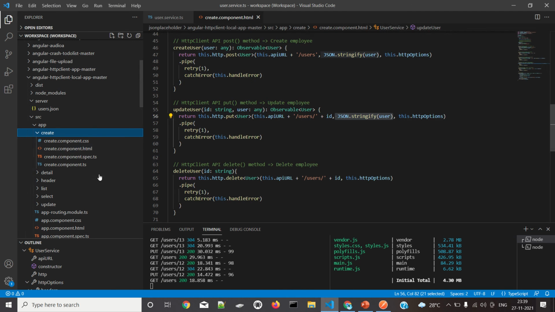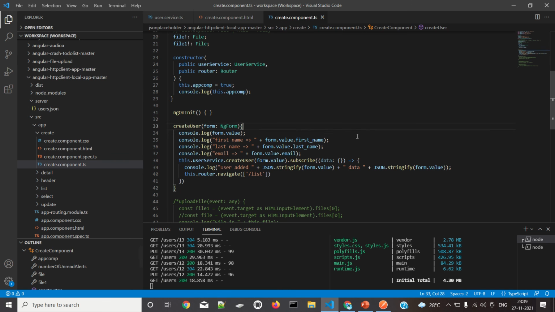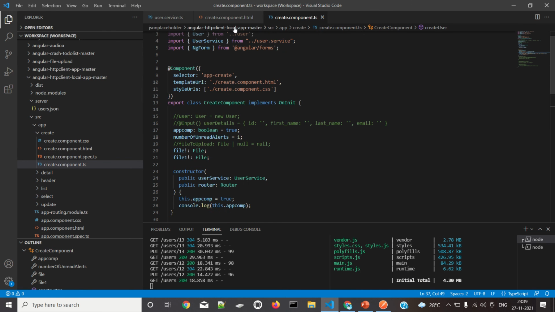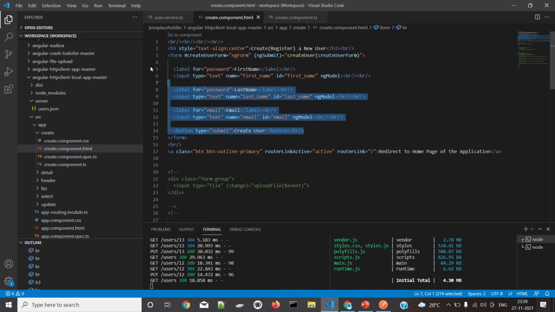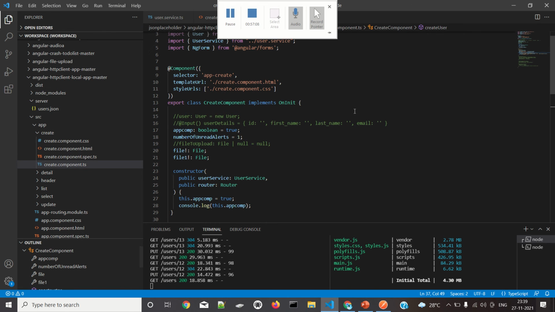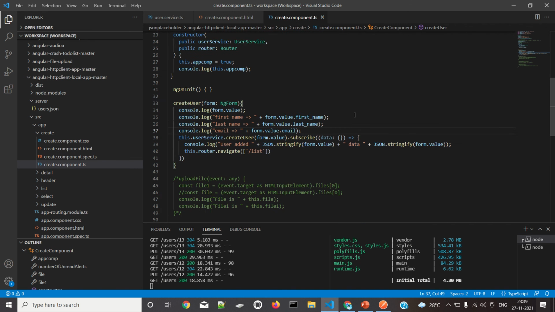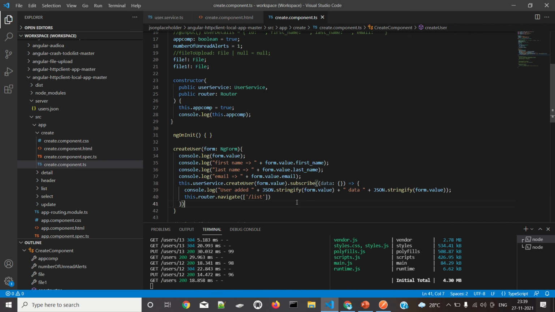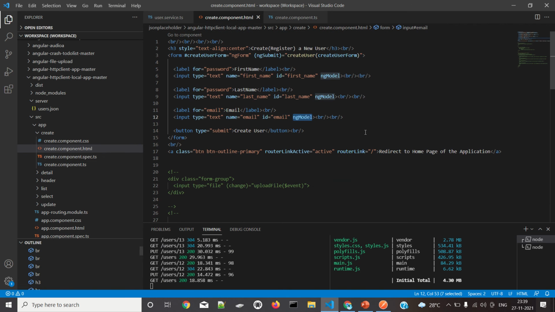Create I will go to first. Okay, so the create component lets us create our own data. That's the usage of this one. After seeing this, you can assume that this is a simple template driven form. So I don't have any other work here in the component, just printing purposes only. Once I give the data, here I am using this ngModel, so all this data is fetched into one thing as the create user form. So this user form will contain all the data now.